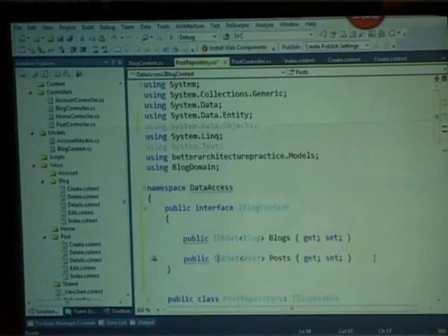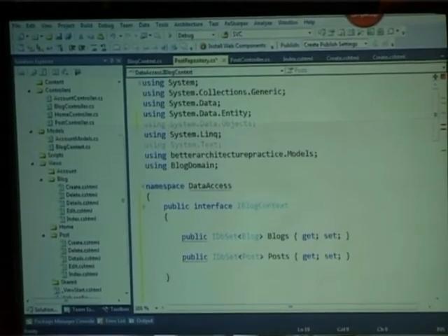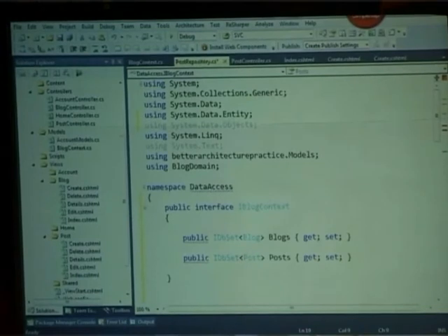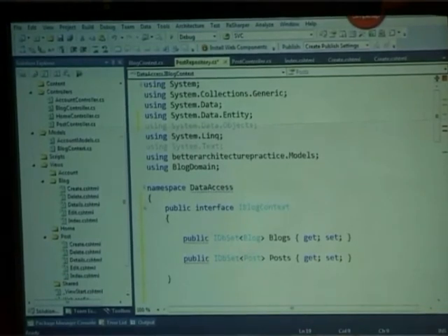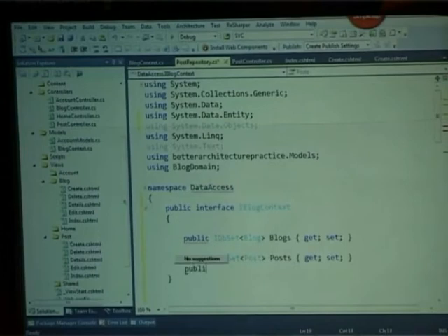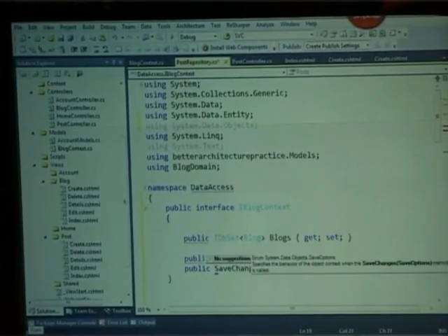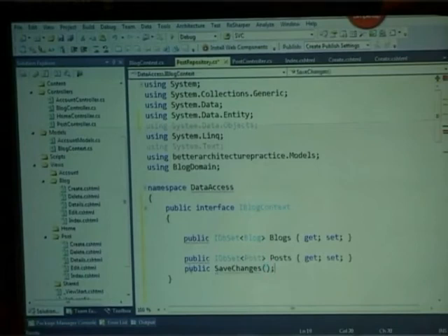And also apply some of the critical methods that my context needs. So the context, I need to be able to call SaveChanges, but I won't be able to now unless I have SaveChanges in my IBlogContext. So I would create a method called SaveChanges, and that's going to return an int just like